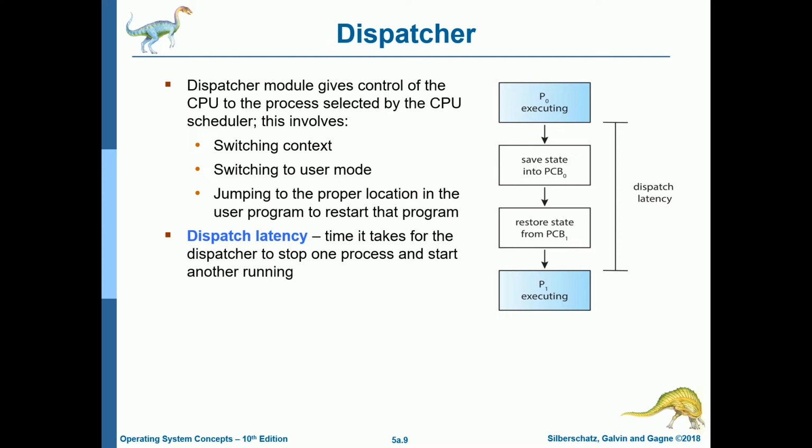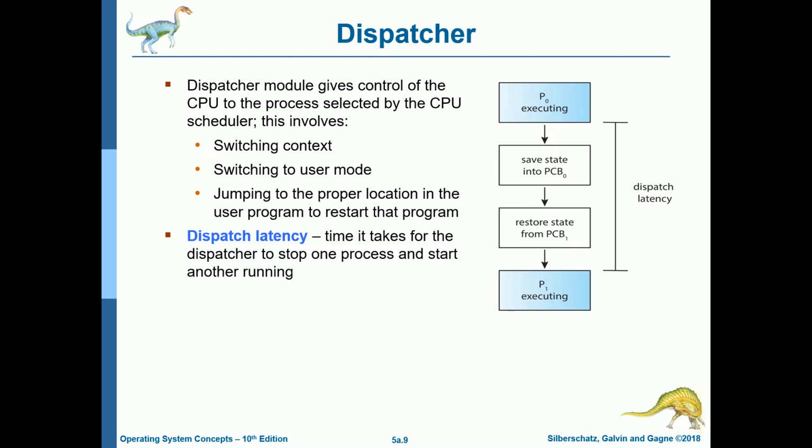Now, doing this involves the following: switching context from one process to another, switching to user mode, and jumping to the proper location in the user program to resume that program. The dispatcher should be as fast as possible, since it is invoked during every context switch. The time that it takes for the dispatcher to stop one process and start another running process is known as